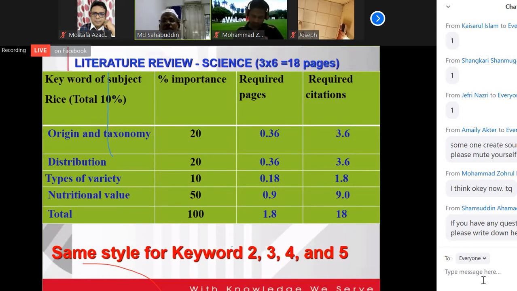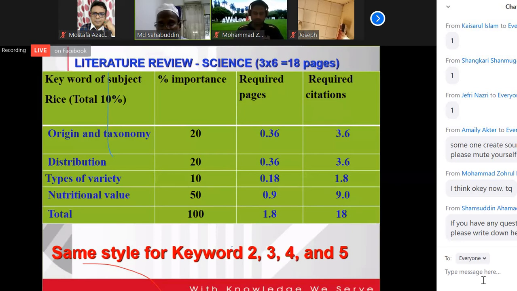The only thing is we have to collect information from the last 10 years. Because in the introduction, we can put only information from a few years, 2-3 years. But for the literature review, it is a large collection, the last 10 years. But the formula calculation of the citation will be the same. Only we have to increase the volume, the page number. So from our introduction, our target is 3 pages, that means totally 30 citations.